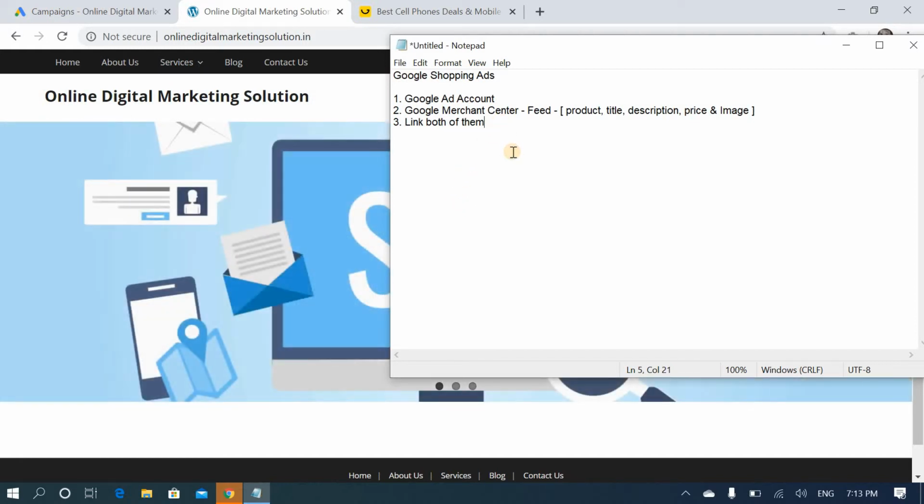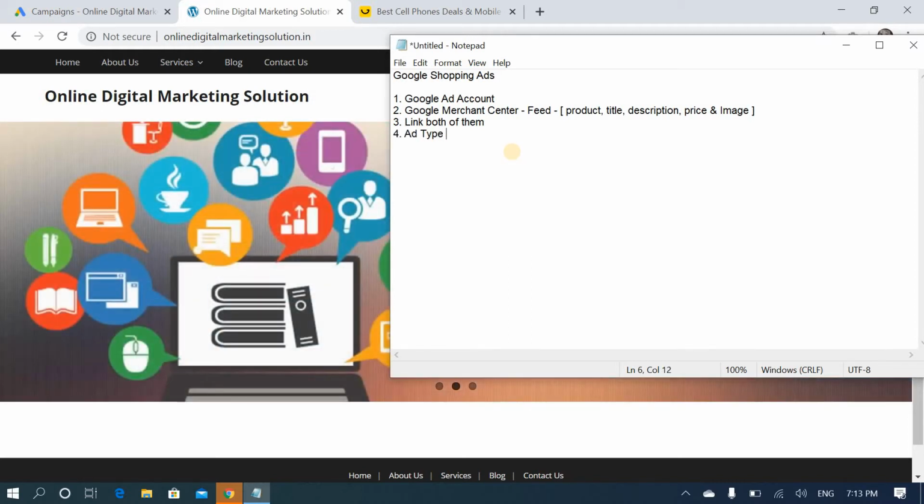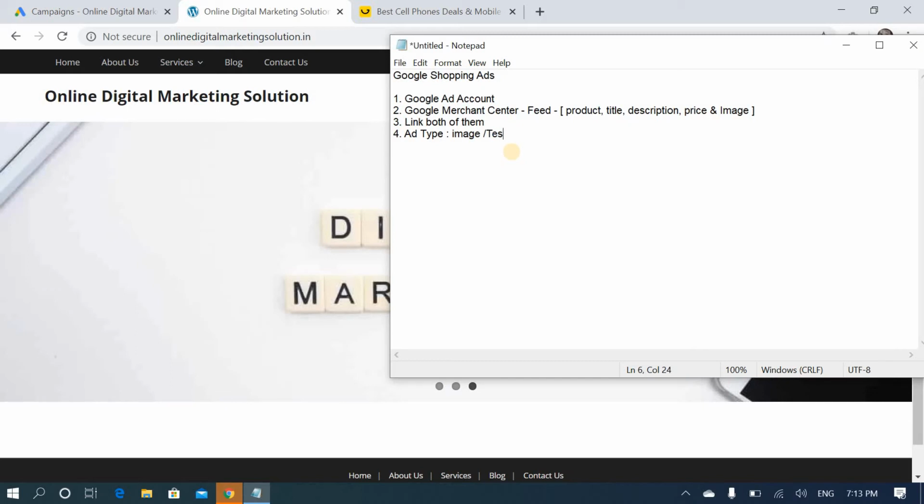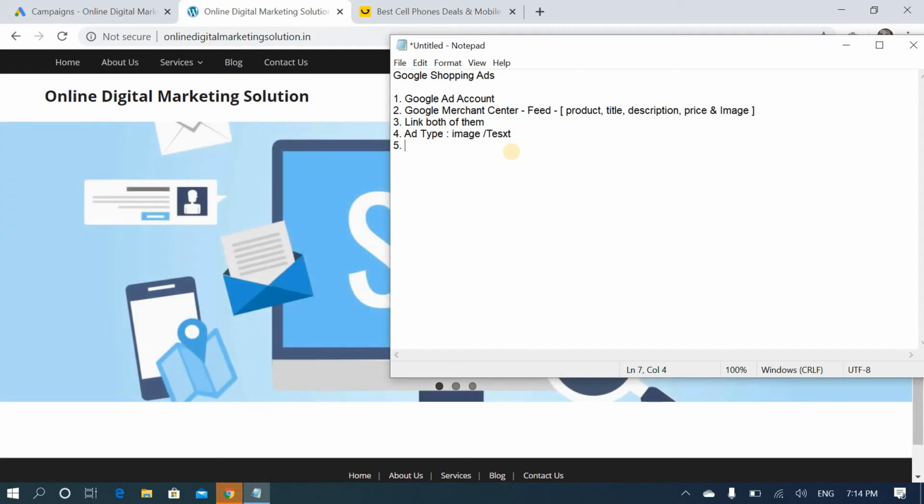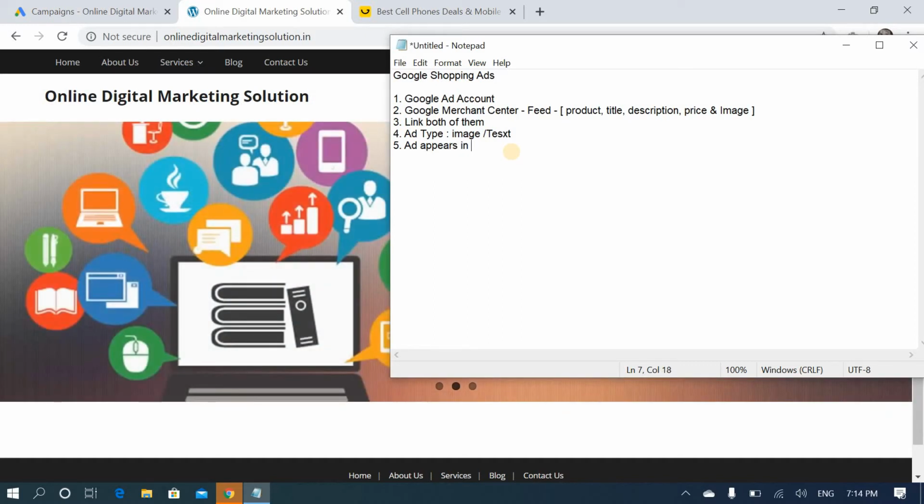Next, fourth one, ad type is image and text. Okay. Next, ad appears in SERP, search engine result pages.